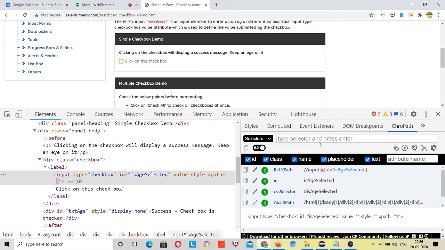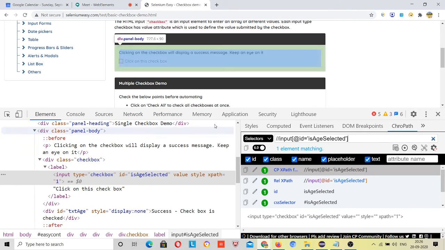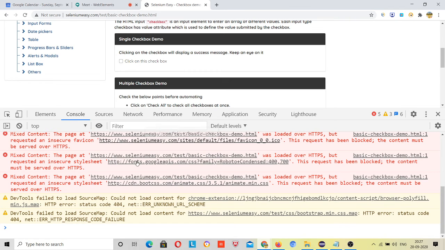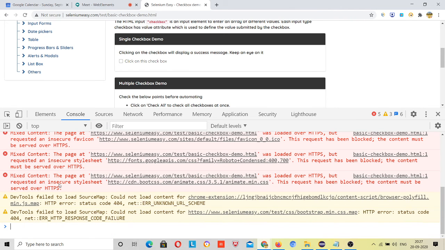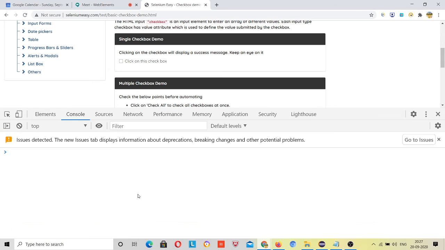You can also verify it using ChroPath. If you are not satisfied with this selector, this plugin is newly introduced, and maybe these plugins will be old tomorrow, and maybe tomorrow they will not be working. So now you can use the Google Dev tools console. This is a Chrome feature, it is not going to close any time. This is Dev tools, right? Control L for clearing all these logs, $x, and just paste your XPath here, and enter. Unique, right? See, this is selected.